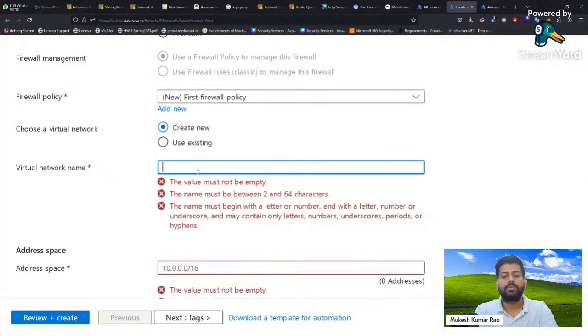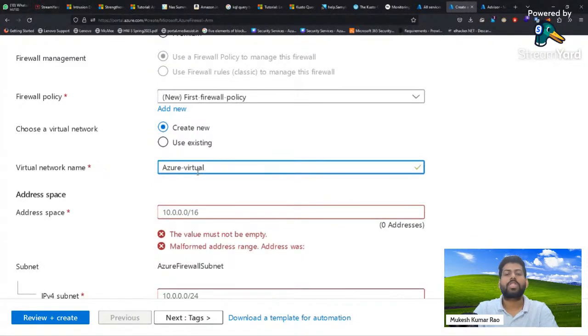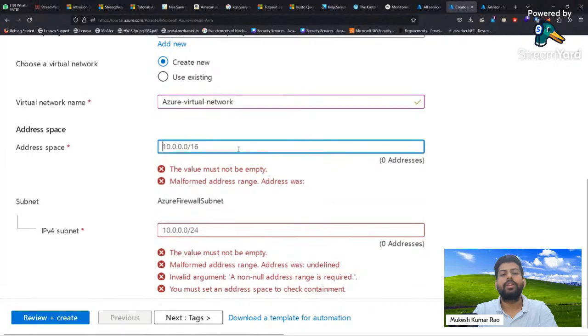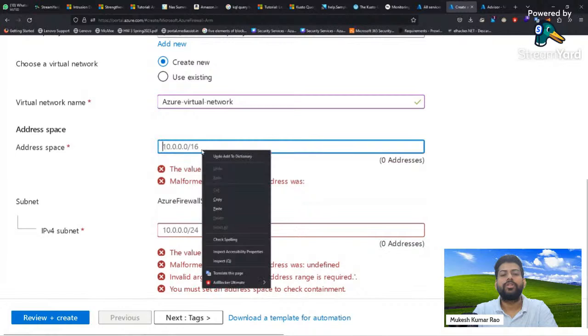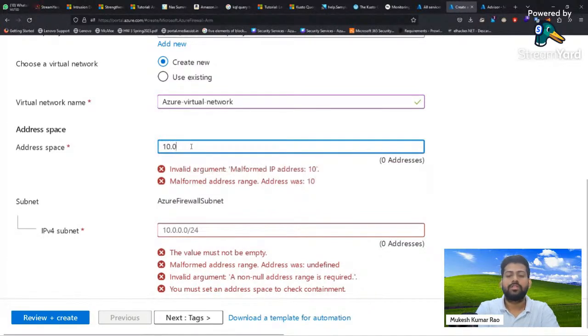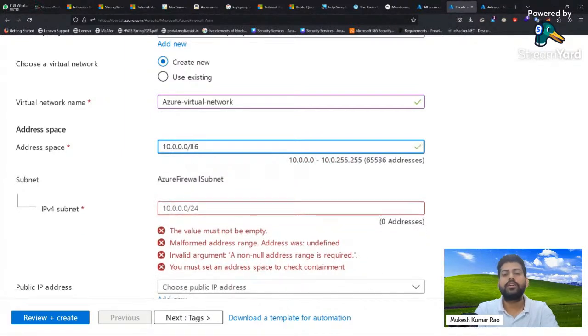Then we can create for Azure virtual network. Let's go with the detail network, and then you can provide the range of IP address that you need to provide. So we'll go with 10.0.0.0/16 range.